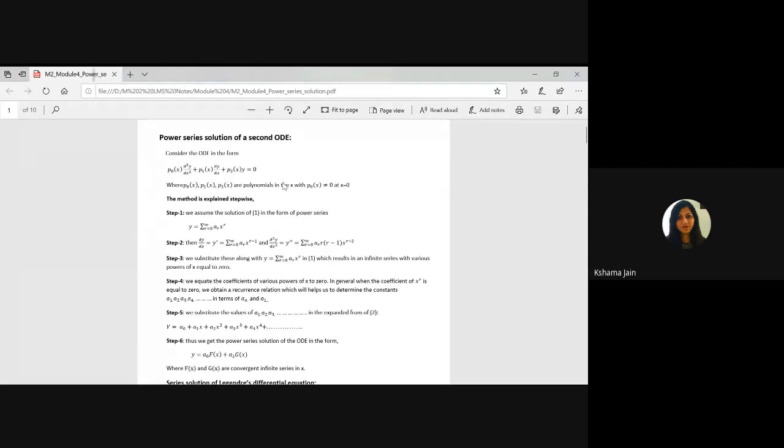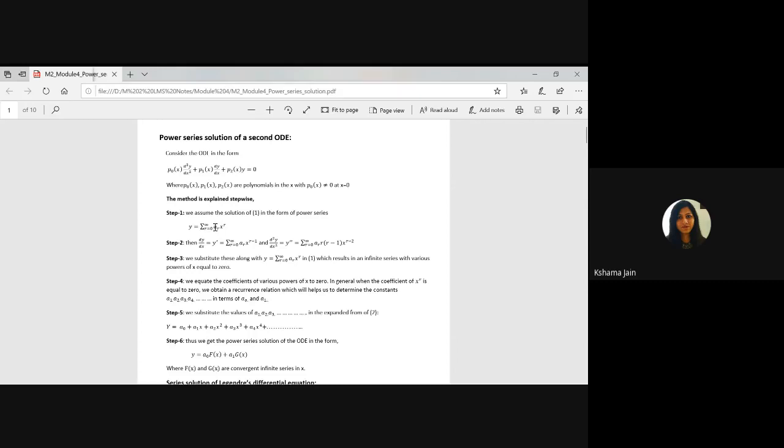Now how to find its solution? As we said, we are going to find the solution in the form of a series. So we assume the solution of this differential equation is y equals summation r equals 0 to infinity ar x raised to the power r. Why summation? Because in a series the terms are added together, and addition can be replaced by the symbol summation or sigma. And r starts from 0 to infinity, obviously the terms are not negative.